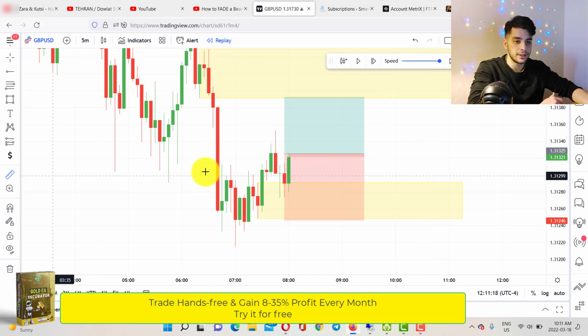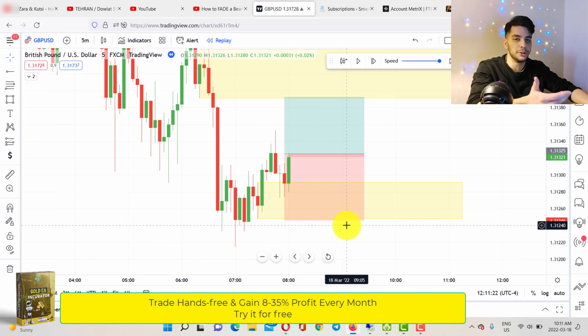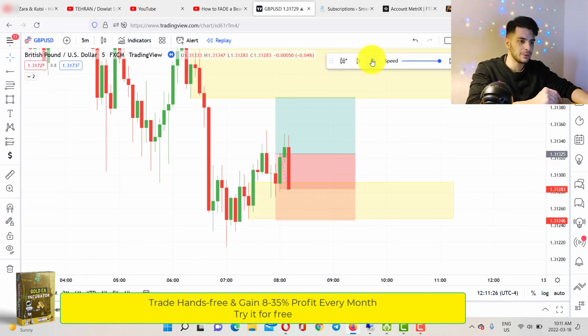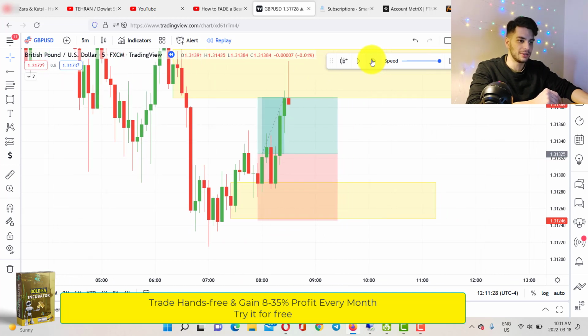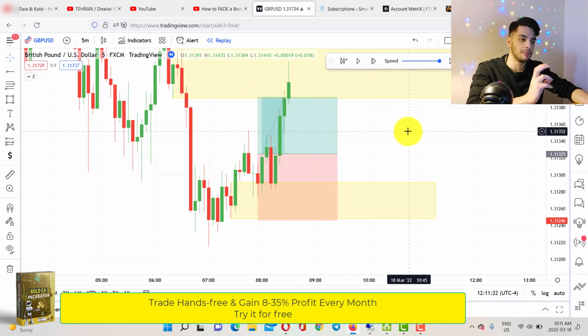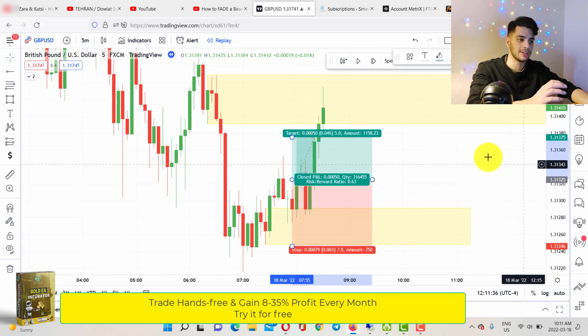And just look at this, it's a 7 pivot stop loss. It's really normal to have this kind of stop loss, even though it's below this candle. And what happened after that was this. Look at this. It literally tapped into this level, but it closed my profit super early, somewhere around here, because